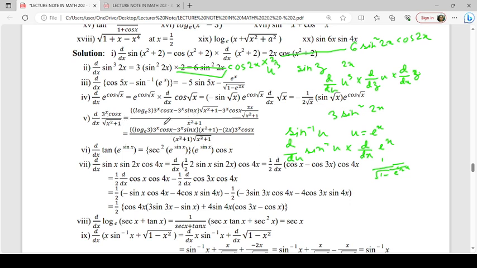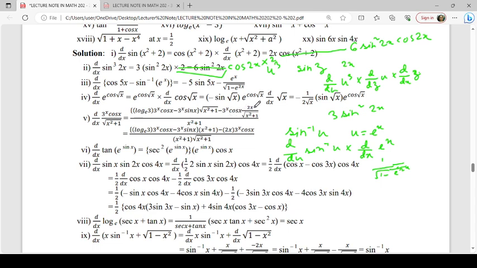So this one, the denominator x square plus 1, we have to square it. So it is x square plus 1. Then d/dx of 3 to the power x is a fraction, so it is numerator, d/dx of the numerator. So d/dx of 3 to the power x is 3 to the power x into log of 3 to the base e, into cos x, minus 3 to the power x into d/dx of cos x, which is minus sin x. So this is the derivative of the numerator, into the denominator kept as it is, root over x plus 1, minus then 3 to the power x into cos x, kept as it is, and then d/dx of